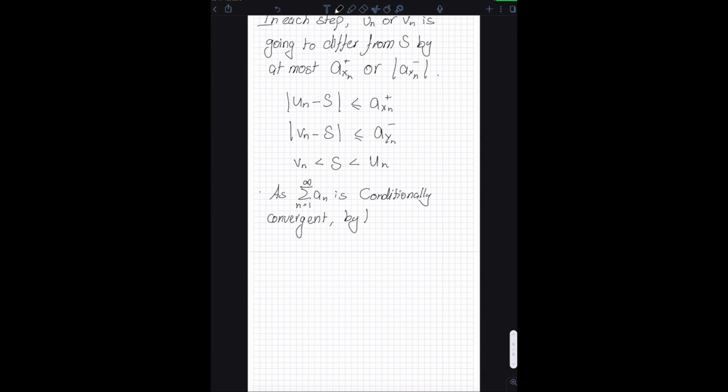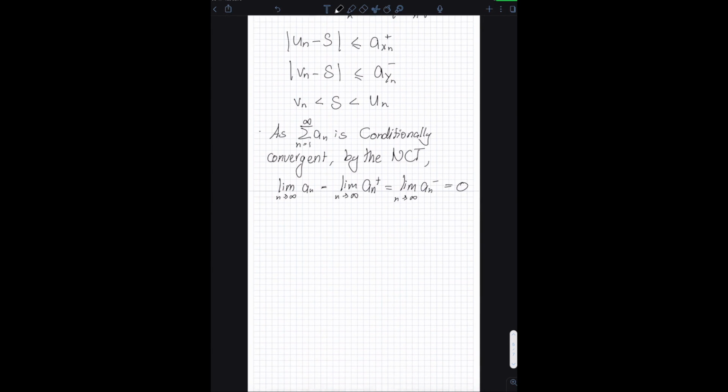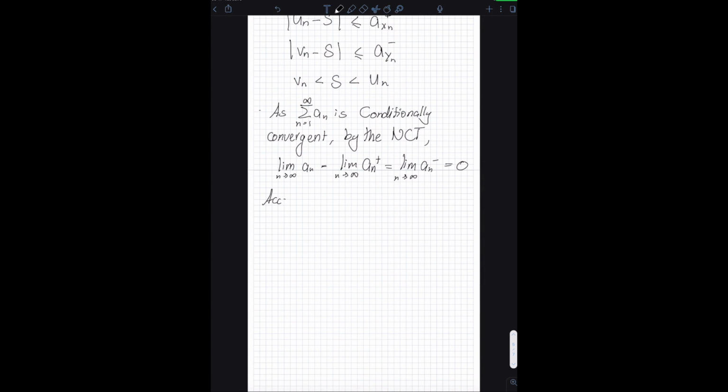By the necessary convergence test, I know that the limit as n approaches infinity of a of n has to be equal to the limit as n approaches infinity of a of n plus, which has to be equal to the limit as n approaches infinity of a of n negative, and all this has to be 0. So the sequence of positive terms has to converge to 0, the sequence of negative terms has to converge to 0, and the entire sequence a of n also has to converge to 0. Accordingly,